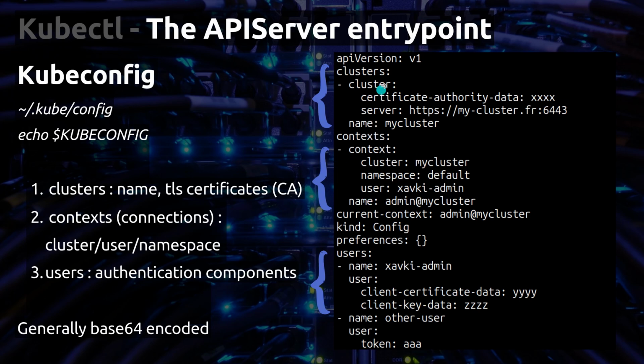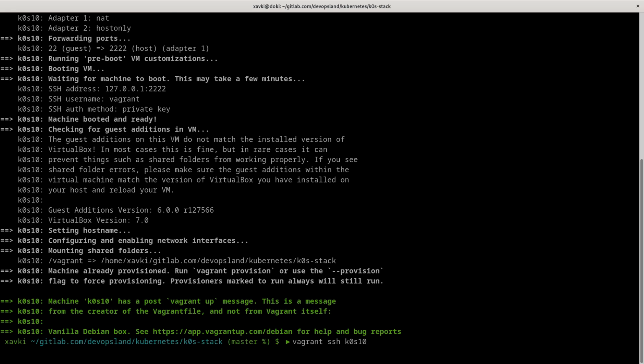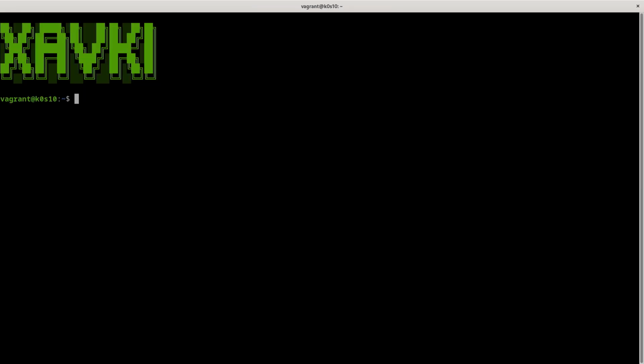And after that, what we have in our kubeconfig, so for example, if we take just our Vagrant cluster like we developed in the previous video, I can go into our server, and on the server we can check where our kubeconfig is.